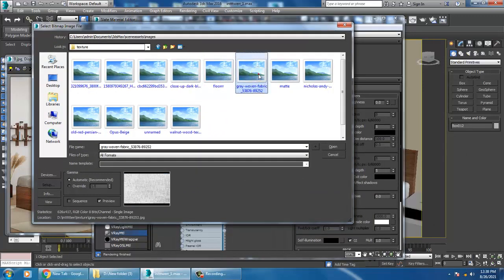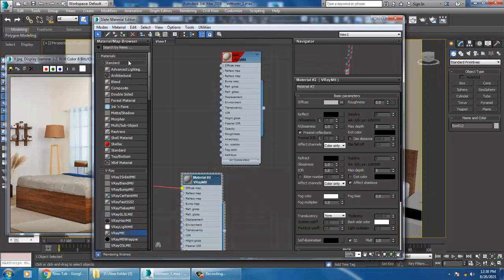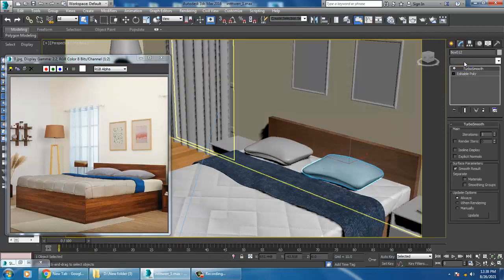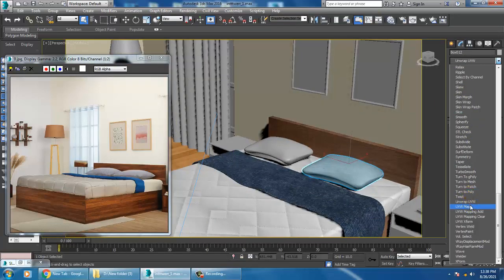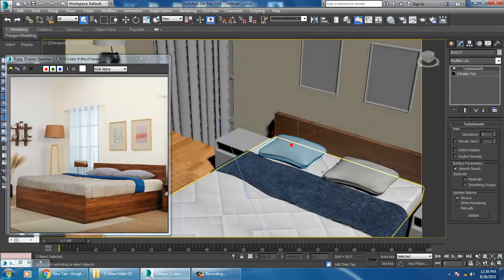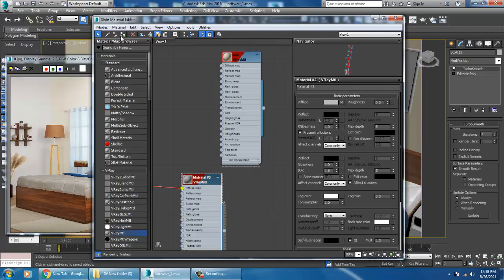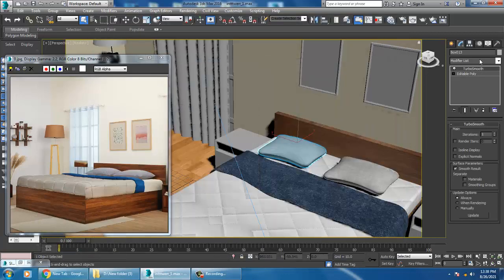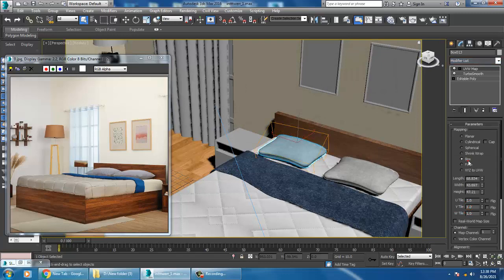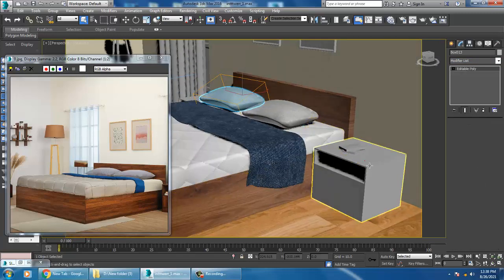We'll be taking this texture and let's just assign it. Give a UVW map, set it as a box, assign the same material, give a UVW map, and assign it as a box over here.